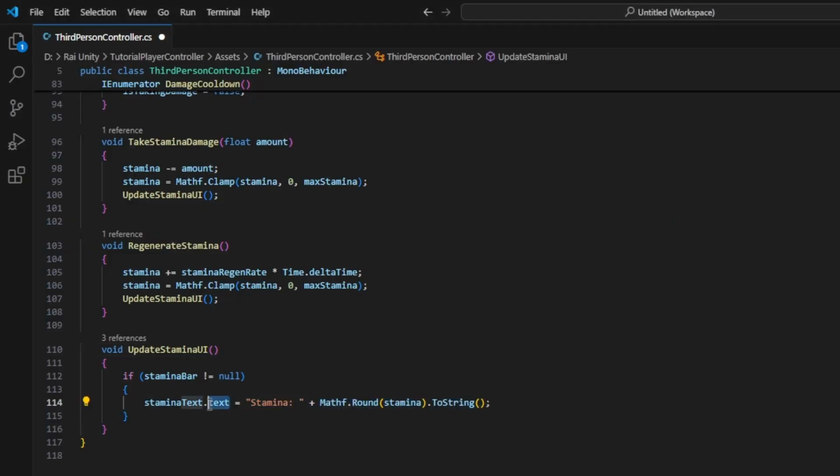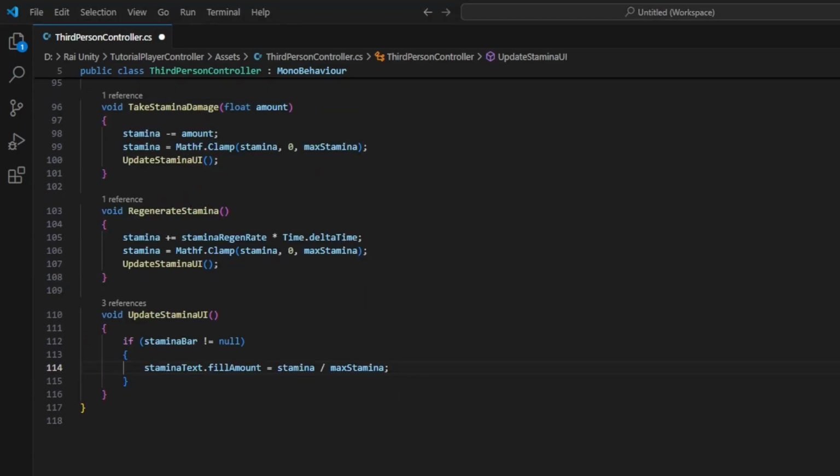This one into fill amount, since we're gonna be using the fill image. Just remove this. Okay, so